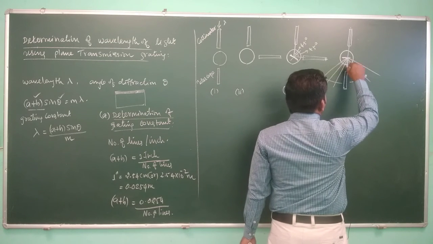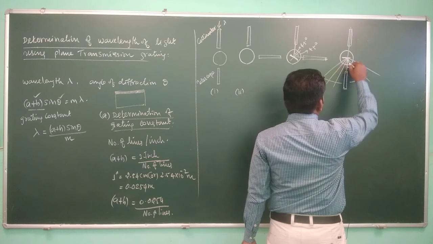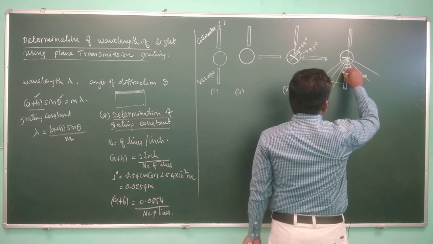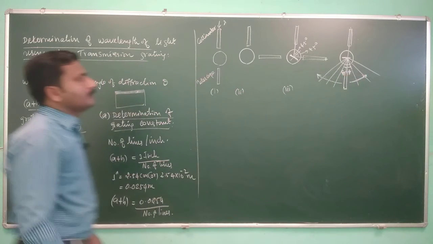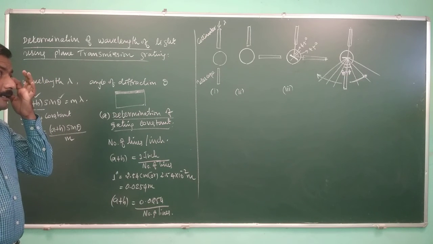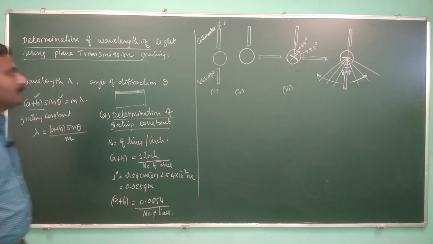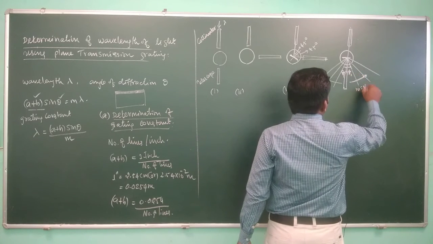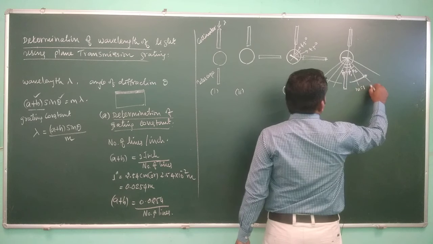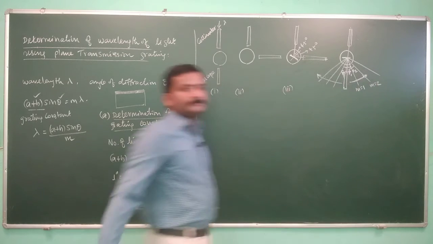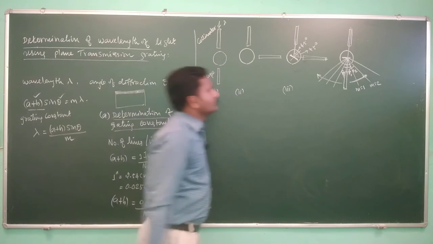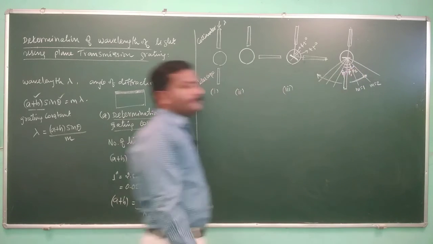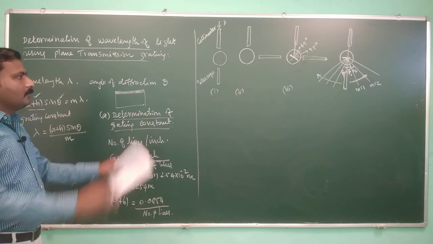Now the angle between the first order maxima and the direct view is the angle of deviation on either side. You can observe this on either side. So this is the angle of deviation or diffraction angle for order 1, m equal to 1. This is theta 1 for m equal to 1. Similarly, one can observe theta 2 for m equal to 2 on either side. Okay, fine. In this way, we can calculate theta.